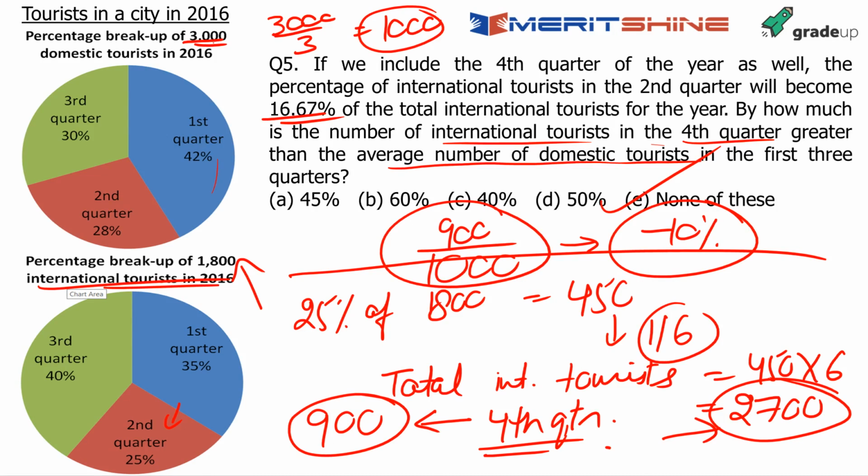So I have explained what exactly is written on the screen. When I framed this question, I had international tourists in mind. Fine. So that's why I gave the answer accordingly. So if in place of this domestic you take international, which I was earlier explaining, the answer becomes option D, which is 50%. So I hope it's understood to everybody now.